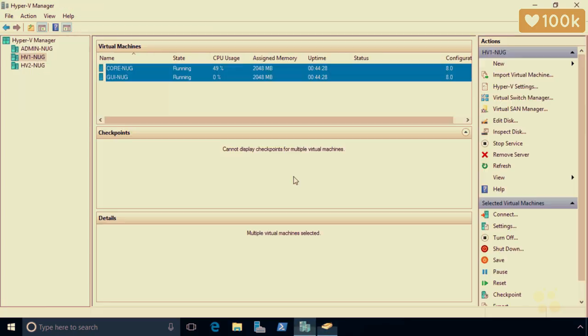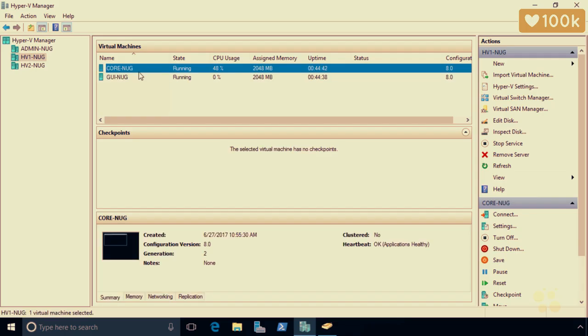So let's head back into Hyper-V Manager and take a look at how to accomplish all three of these. Now, the first one we're going to do here is a shared nothing live migration. And that's because right now, both of these VMs are using local storage. So we're going to do a shared nothing live migration of CoreNUG,